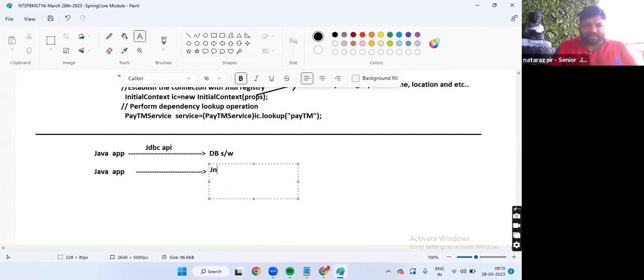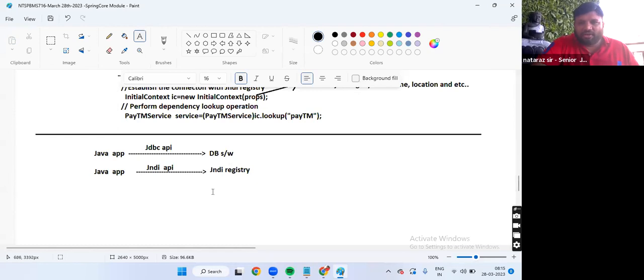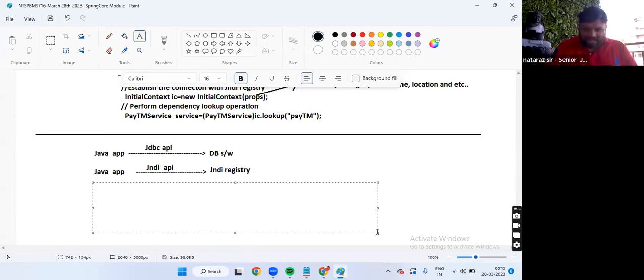Okay, guys. Tell me, JNDI registry: for that, what API should I use? JNDI. That means in Java, to interact with different destinations, we have different APIs or not? Are you understanding my statement? The same Java application wants to interact with mail servers.